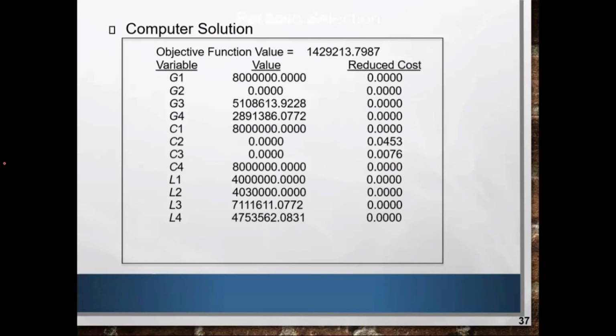So here we have this computer solution. How do I come up with this objective function value? The book uses Excel Solver. You need to use Excel for it to solve these values. So we have these government bonds, construction loans, and local investment, and this is the return you get if you use Excel Solver. Okay, gets? Okay, let's proceed to the next.